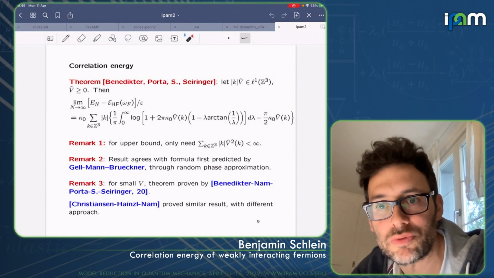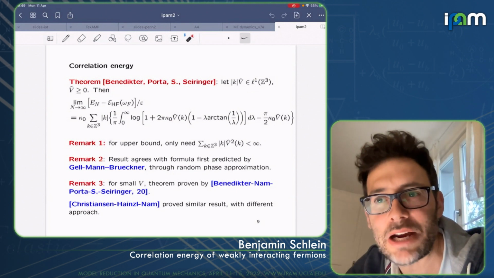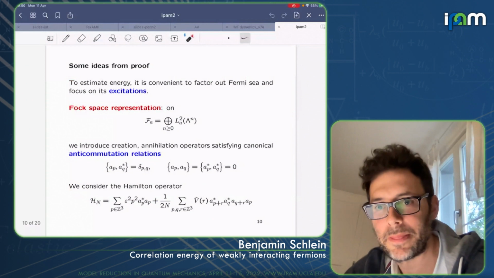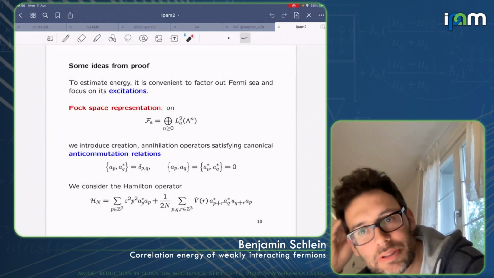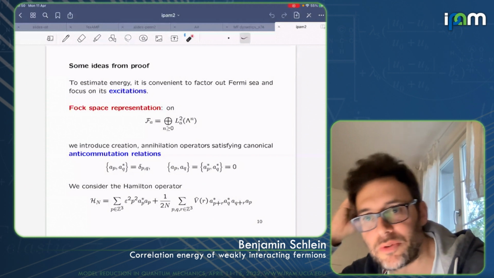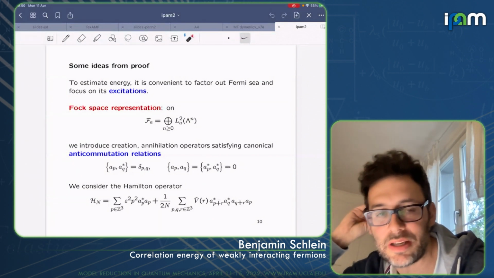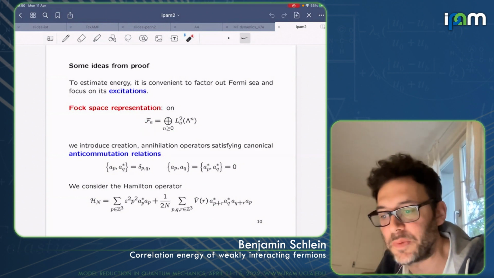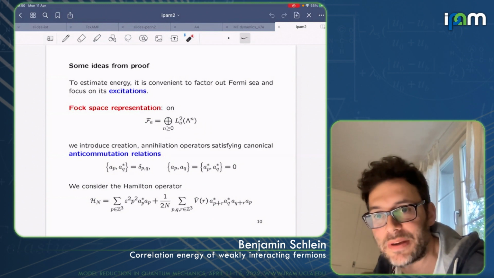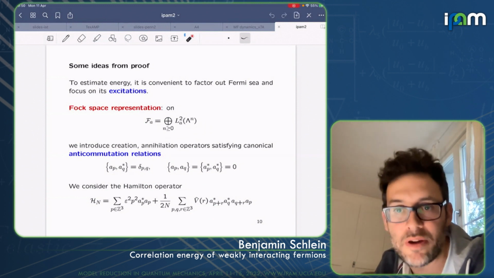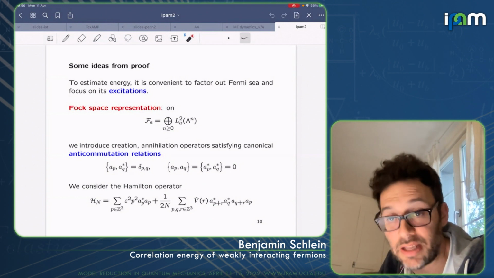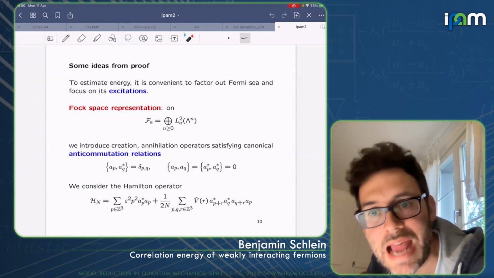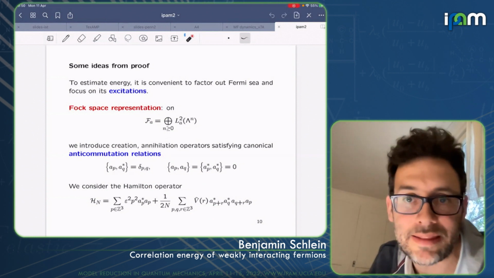Okay, let me now switch to some elements of the proof of these results. Now I still have 15 minutes, is it right? Okay, let's go on. Good. So also in this case, like we did for the bosons at the beginning, let's switch to a Fock space representation. So I introduce this time, of course, the fermionic Fock space, summing over all antisymmetric subspaces of the L2 spaces. On the fermionic Fock space, we can introduce creation and annihilation operators a and a star, exactly like for bosons, but now these operators satisfy canonical anti-commutation relations.